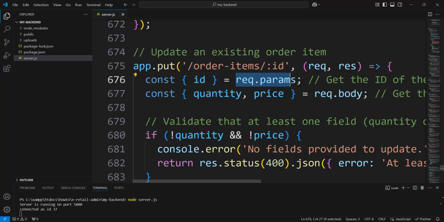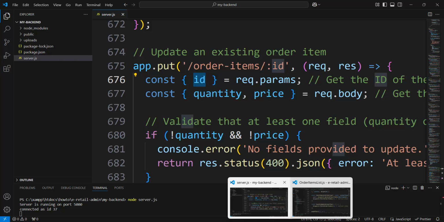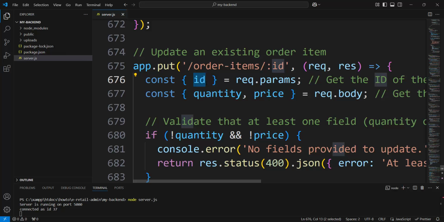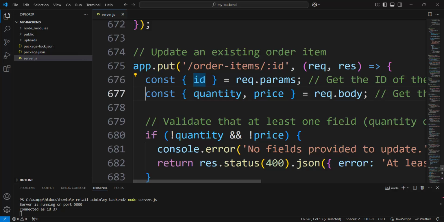The request params assign the value of id to this variable in this object, and we can use id as a standalone variable. Here also destructuring